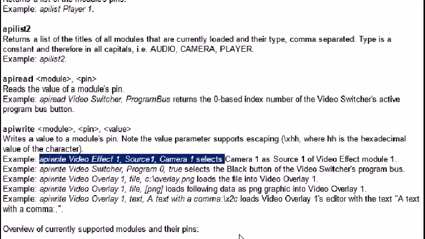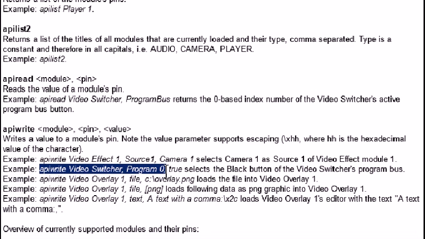Well, that's pretty cool. And so you can actually get into the guts of a module and change sources and destinations and those kinds of things by using the API. You can also use the API to switch cams, and that I think is going to be the most fun. And the second line here, and if you've got the VidBlaster help section, you can read along at home. The API, in this case, the command API, the module is video switcher, the pin is program 0, and whoops, I got to get the last part of this one in, and the value is true.